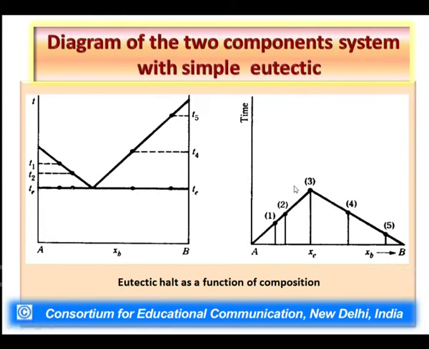There is a mixture which is called the eutectic mixture, which has a composition corresponding to saturation solubility composition, and therefore component A in this mixture is saturated with respect to component B, and component B is also saturated with respect to component A. So, this mixture would not allow any component to crystallize separately, and therefore both components will crystallize together in the same proportion as they are present in the remaining liquid. So, only uniform cooling and then thereafter constant temperature, and therefore you will see the maximum amount of time for such a mixture